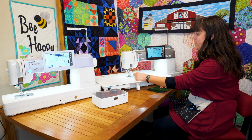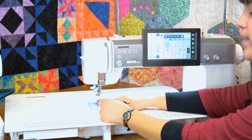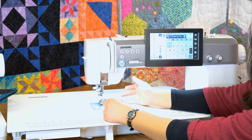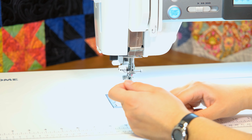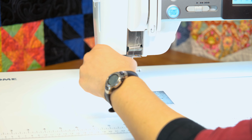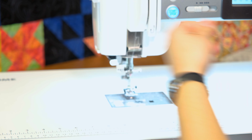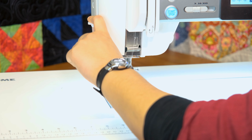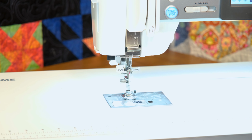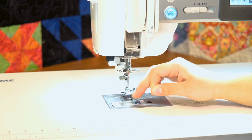We're coming to the very first physical difference in the machines between the M6, M8, and M7. The M7 had a very similar but slightly different needle threader. This is the new needle threader. It is supposedly easier, better, harder to break, all those good things. It works much the same way. It's got this mouth that you thread into and cut your thread off. And then I always double check that my needle is all the way up, foot down, and then it's threaded. So I loved my threader on the M7, but anything that's harder to break is better